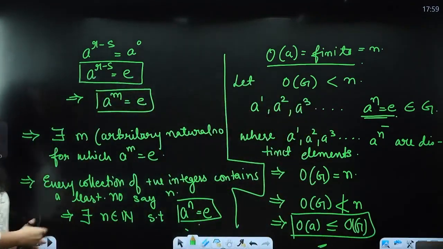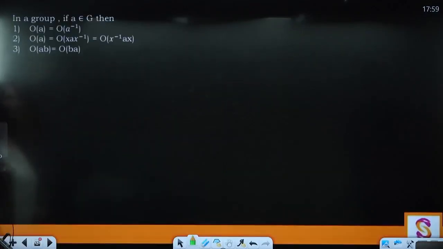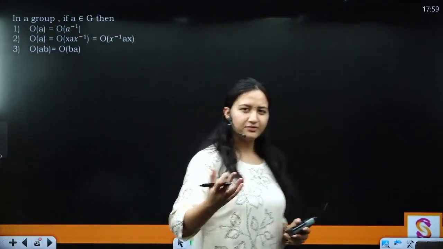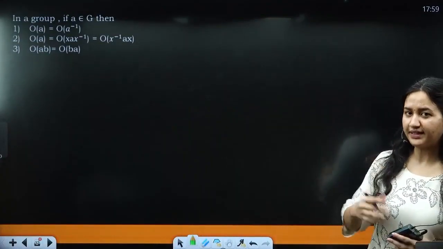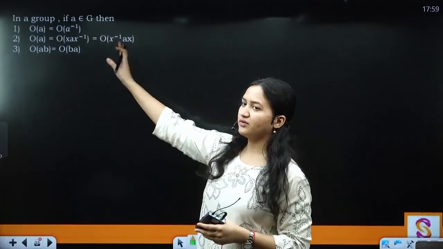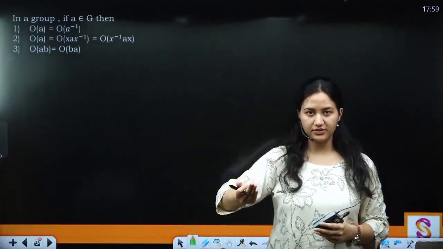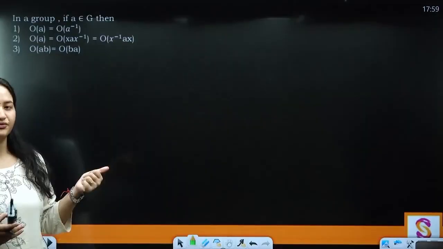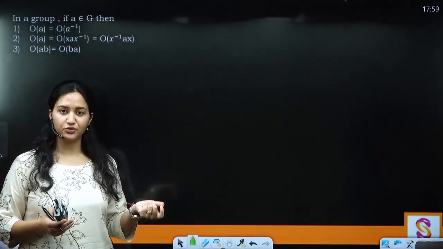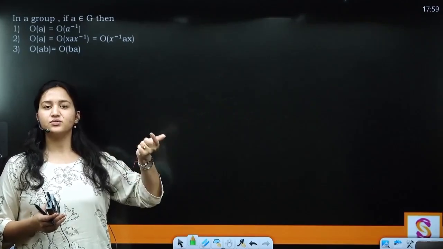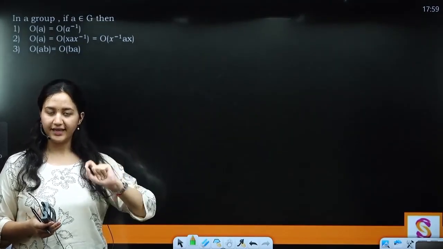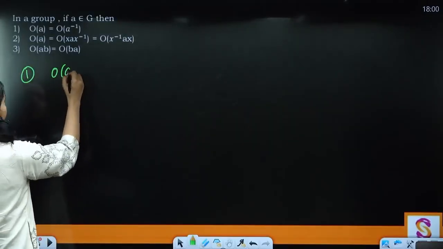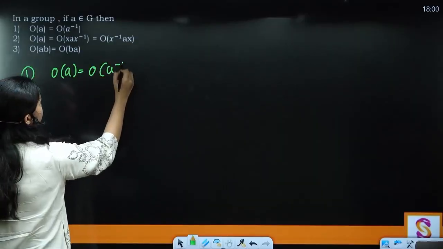All right, moving on, we have a set of three basic formulas as to how elements of a group interact with each other. So order of A is always going to be equal to order of its inverse. Okay, ये हमने सारे groups में भी देखा था, right? When we were calculating the order of elements of dihedral groups, there we saw कि आपके जो inverses हैं उन सब के elements के order क्या आ रहे हैं, equal आ रहे हैं, right? अभी यहाँ पे we'll just take a proof for that. So first one says order of A equals order of A inverse.